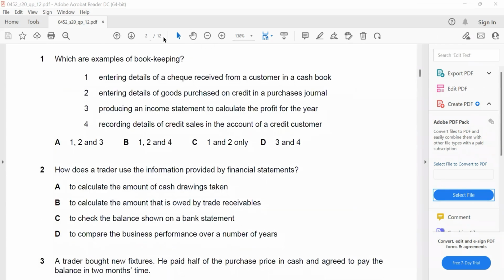Okay, let's restart the class. Okay, the first one. Which are the examples of bookkeeping? Bookkeeping, the keyword for bookkeeping is recording. There is a main job, which is from the book of prime entry